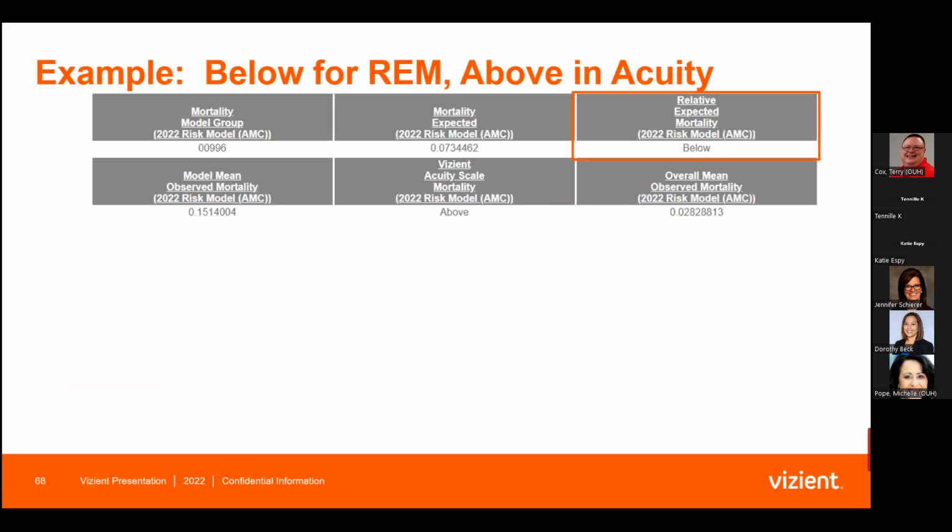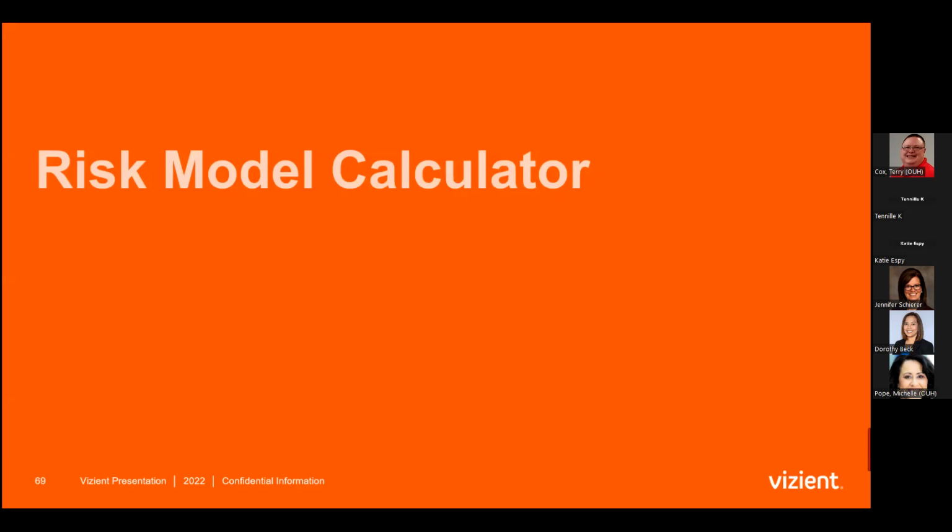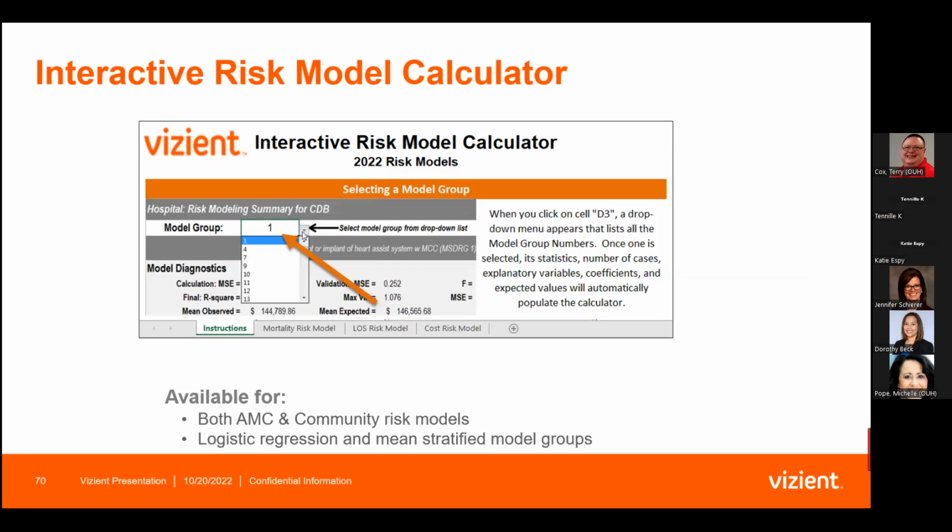If we want to go to the risk model calculator. You want me to actually go in the tool? I don't know. Let's look at maybe later, but this is just a screenshot of the